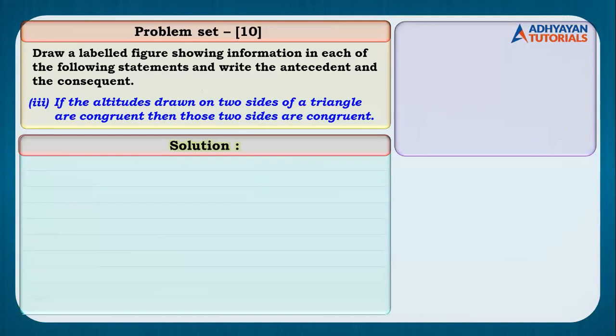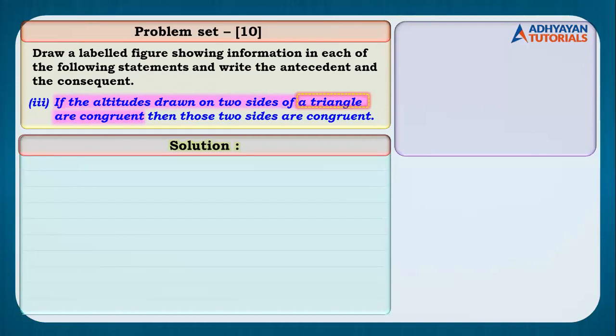If the altitudes drawn on two sides of a triangle are congruent, then those two sides are congruent. मेरे को पता है कुछ समझ में ही नहीं आया स्टेटमेंट पढ़ के. Children, just focus on those two words first. If and then in the question. If और then के बीच में जो भी है, that is the given part, right? If the altitudes, first thing, I hope everybody knows what is the meaning of the word altitude, right? If not, don't worry, I'll help you with that.